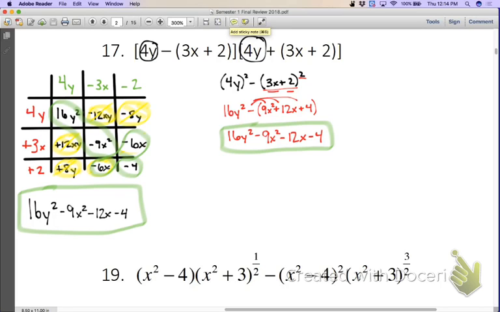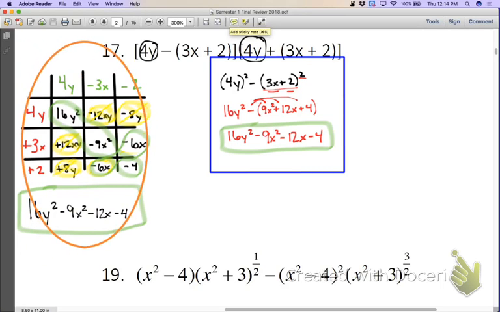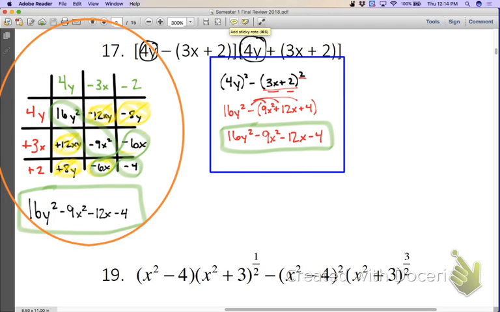Whichever way you choose to do it, whether it be doing it this way or doing it the longer way as a 3 by 3, the biggest thing that I would tell you if you're going to do the 3 by 3 is making sure you distribute that negative in there. Okay, that's going to be, if there's going to be a mistake that gets made, other than not knowing that negative 3x and positive 2 is a negative 6x like I did,